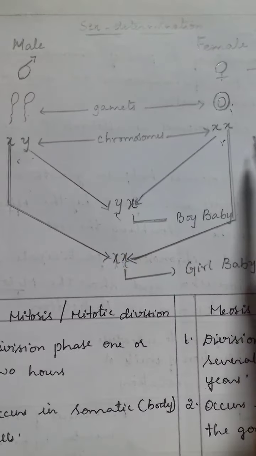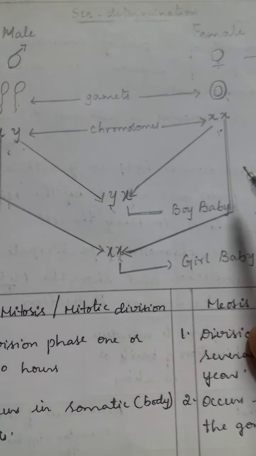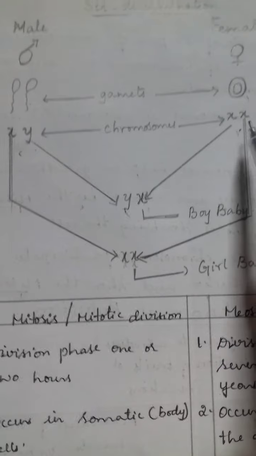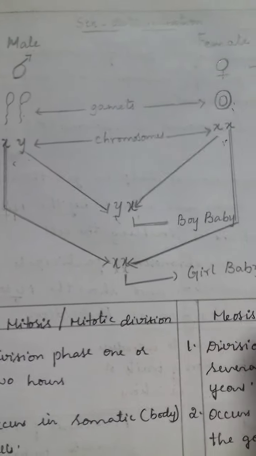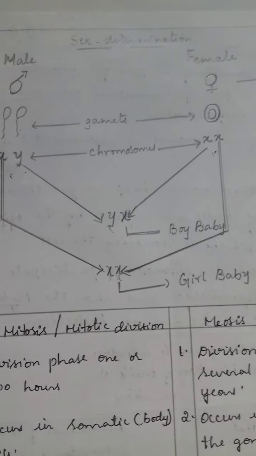That means the male is not releasing XY at the same time, nor the female XX. Either one chromosome from the male and one chromosome from the female. That means the number of chromosomes is reducing. That's why the meiotic division is called a reduction division. Mitotic division and meiotic division. So meiotic division takes place only at the time of fertilization to halve the chromosomes and maintain a constant number of chromosomes in the human being. If meiotic division is not taking place, the number of chromosomes will increase. Okay children.